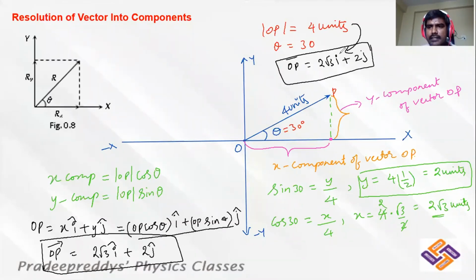So this is nothing but called resolution of vectors. A given vector can be split into its x component and y component. This is called resolution of vectors. When you are resolving, the vector can be in any quadrant, either first, second, third or fourth quadrant. You can resolve that vector into its components using trigonometric ratios. Generally, the horizontal component should be represented with cos theta and the vertical component with sin theta. That depends upon the angle made by the vector with respect to x-axis or y-axis.